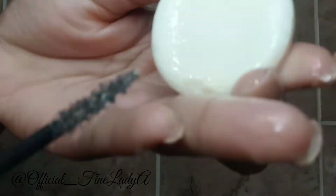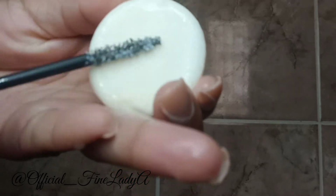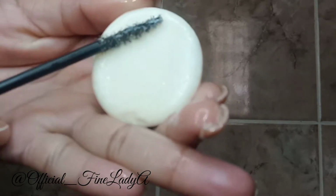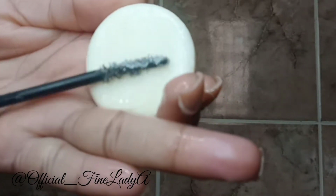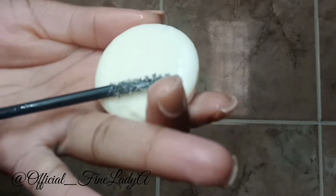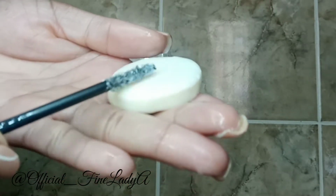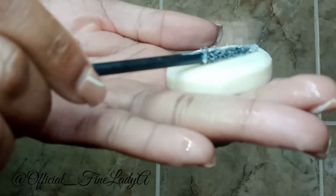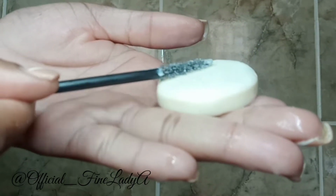And then the next thing you're going to do is grab your soap and make sure your soap is wet, you guys. Let's make sure that the water really soaks into the soap, and then you're going to use your second spoolie to just rub a bit of soap onto the spoolie bristles, making sure that your bristles are really covered in that soap. Okay,